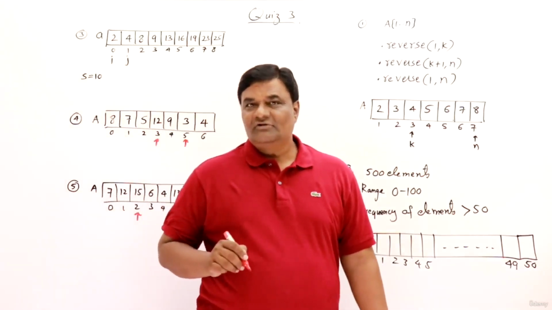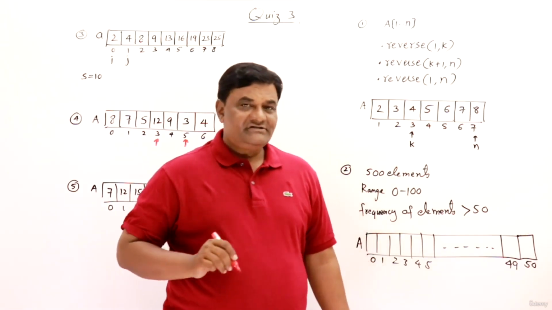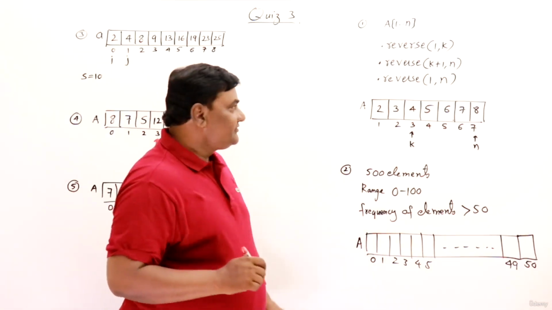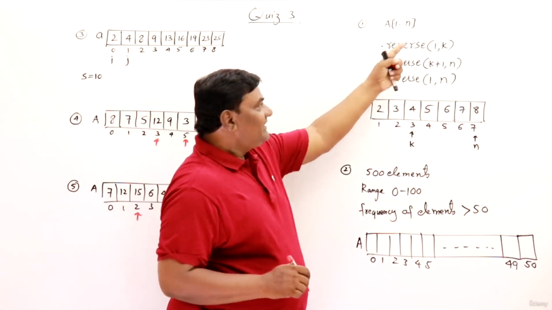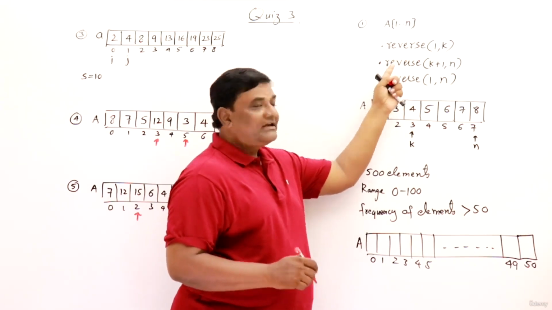I'll give the solutions for quiz 3. There are a total of 5 questions in quiz 3. So let us see the solutions one by one. First question. There is an array of size 1 to n, and on that array a reverse operation